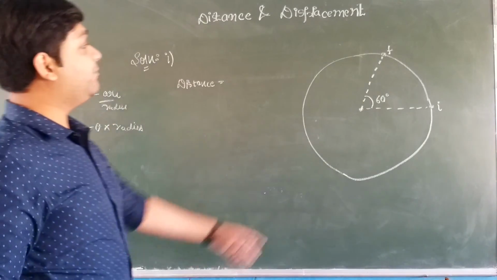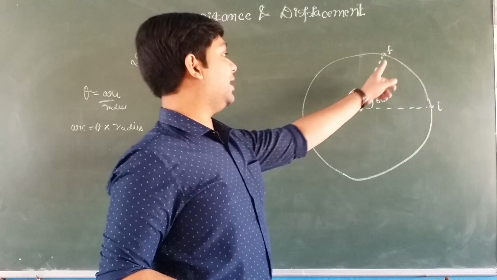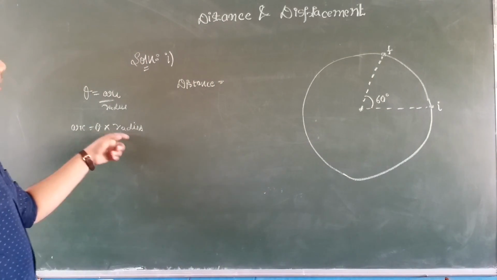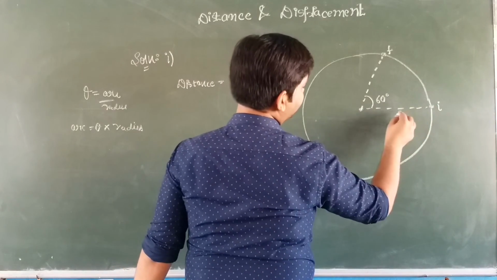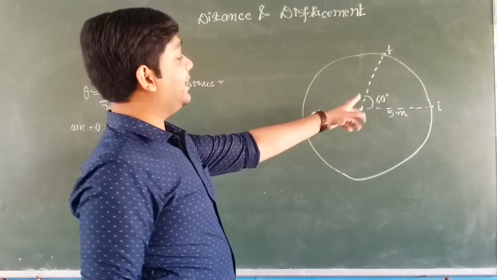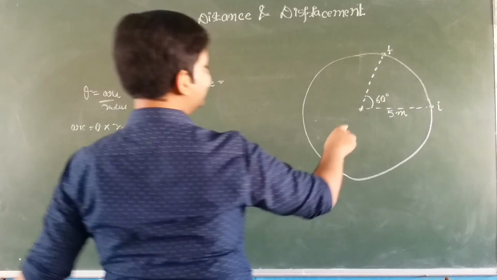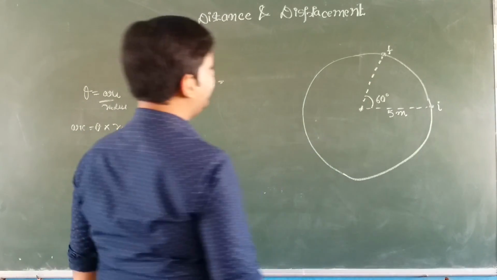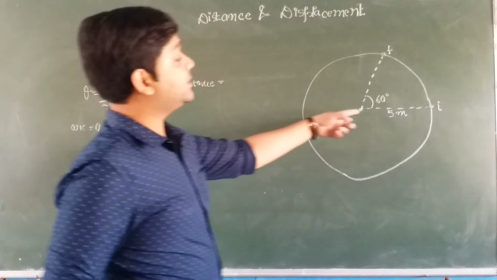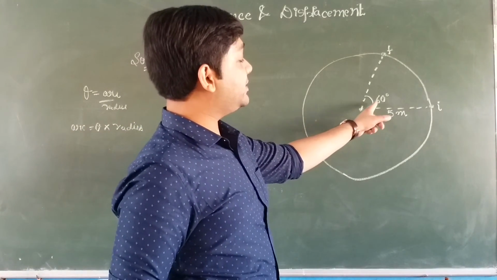That means if we want to calculate the length of this arc, we need to multiply the angle subtended at the center by the radius. Radius is given as 5 meter. And what is the angle subtended at the center? The angle subtended is 60 degree. Because we are going to multiply 60 degree with the radius, we will have to convert this angle